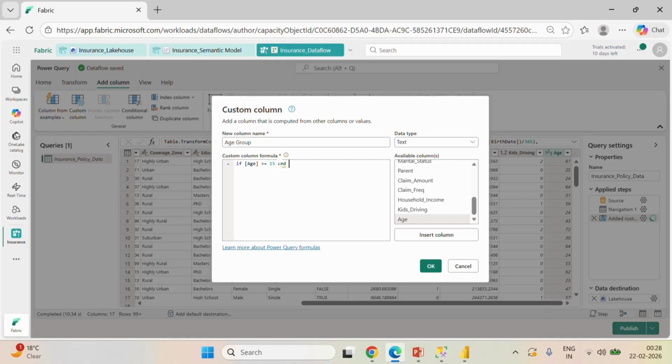and age is less than or equal to 25. Then we are going to give in double quotation as 15 to 25. Okay, now let's go to next line. As if,